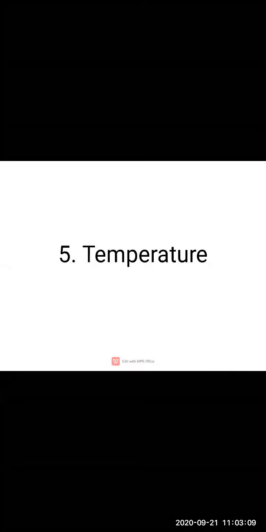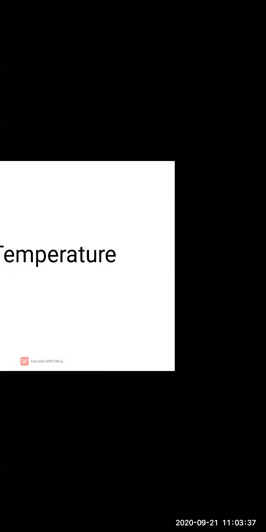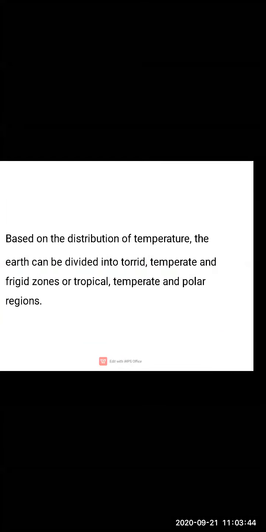In our previous lectures, we started lesson number 5, temperature, and we learned about the formation of thermal zones, important parallels and meridians. We also studied the heating and cooling of water through the experiment, and later we studied convection and the vertical flow of heat. Today we are going to learn the remaining topics.